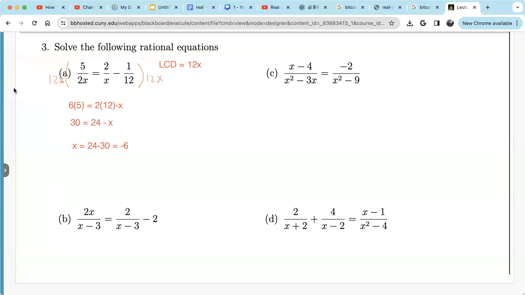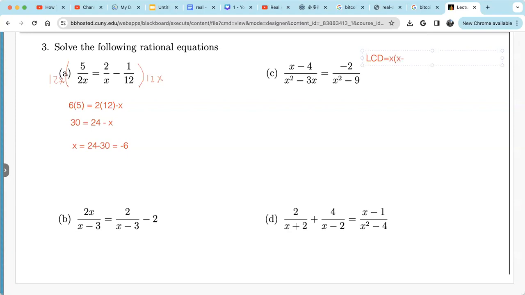Right. So for C, I talked about it in the classwork, right? We just do cross multiplication. Or we can multiply by the least common denominator. Actually, let's keep doing the same thing. So let's figure out the least common denominator. Least common denominator, I claim, is x